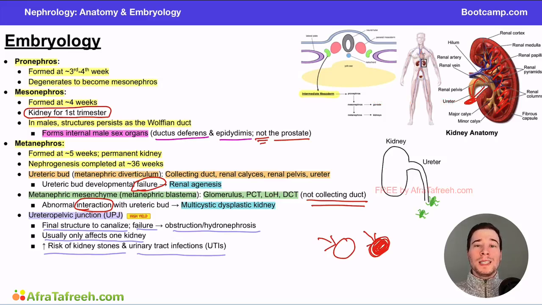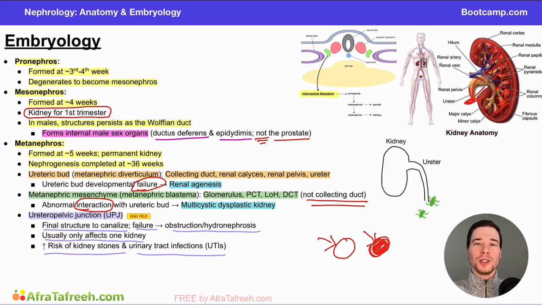So these are really important things to keep in mind because there are common test questions they might ask you about in relation to embryology. So a potential renal embryology question they might ask you about on test day includes something along the lines of a newborn baby who is having decreased urine output production from what would be expected of a normal healthy newborn baby. The parents deny receiving any health care during the pregnancy or any known family history of kidney abnormalities. You decide to get an ultrasound and you see that the left side of the patient's kidney is actually very enlarged. The question then asks you which of the following embryologic structures most likely played a role in this patient's